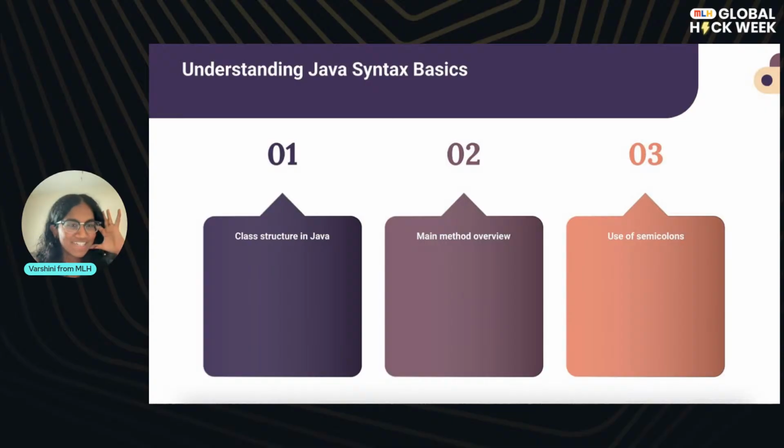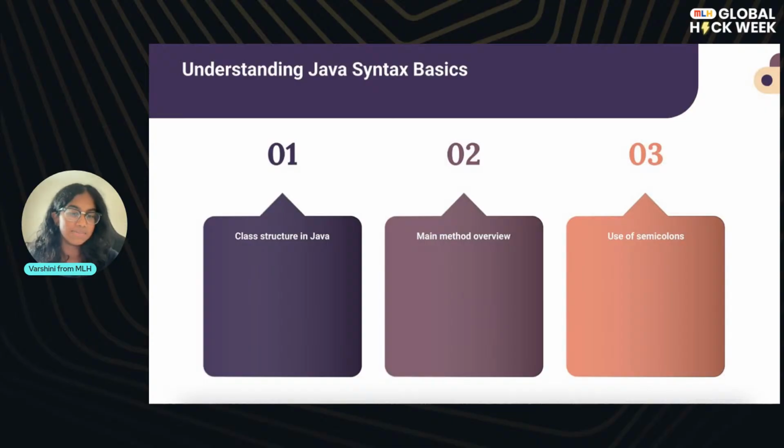Then you've got your main method, and your main method is kind of like Java's front door. It's like the front door to a house. It's where your Java program, and your program in general, just starts. So it is a very, very significant